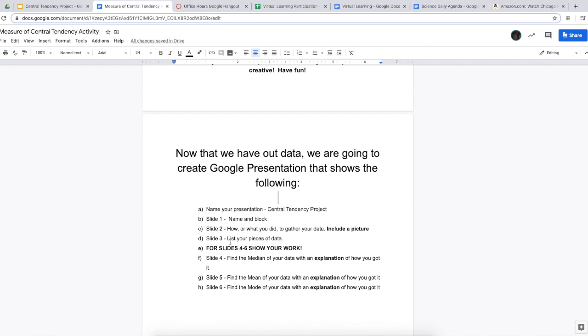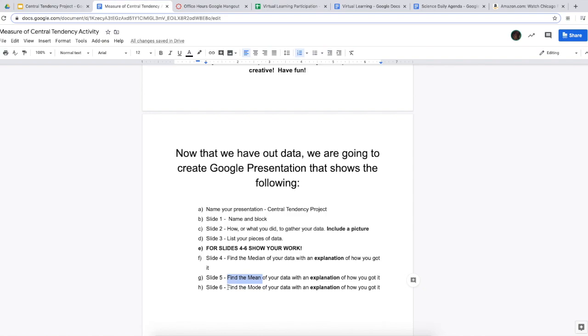Slide 3, you're going to list your pieces of data. For slides 4 through 6, you need to show your work. On slide 4, you're going to be finding the median and then writing an explanation. On slide 5, finding the mean of your data, then writing an explanation.